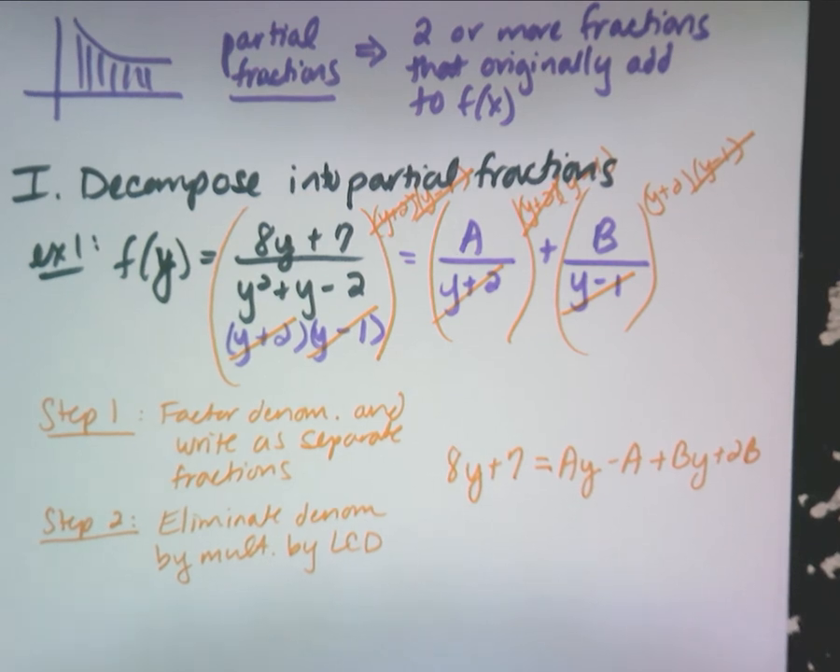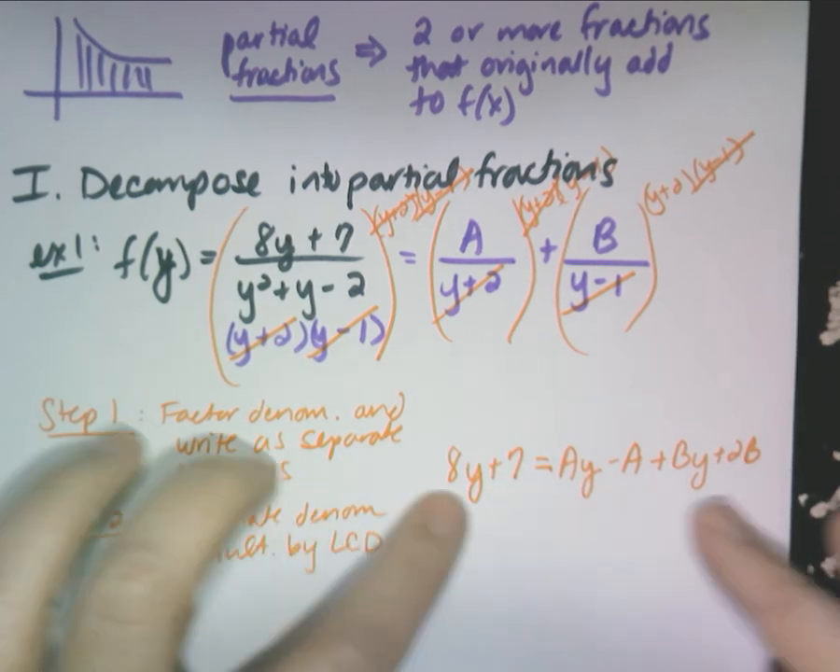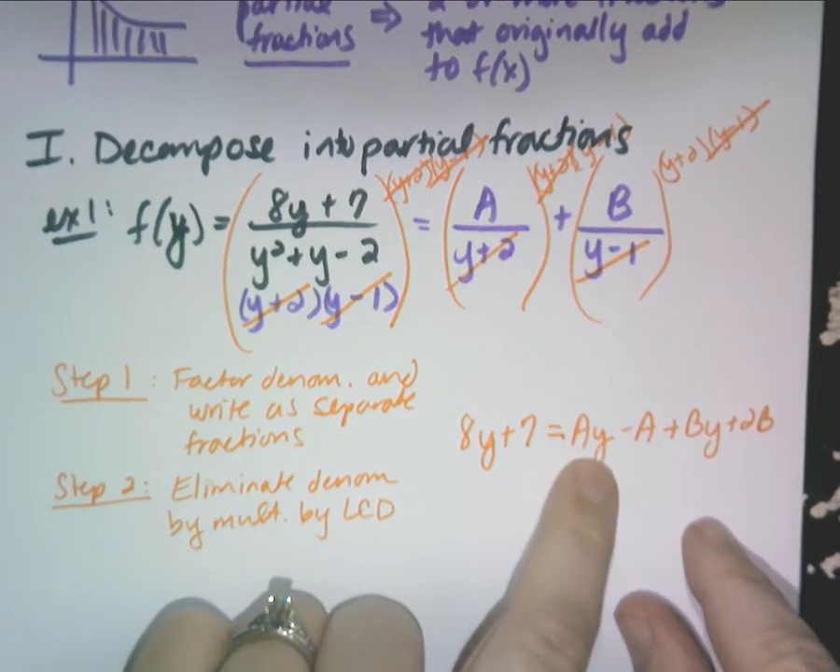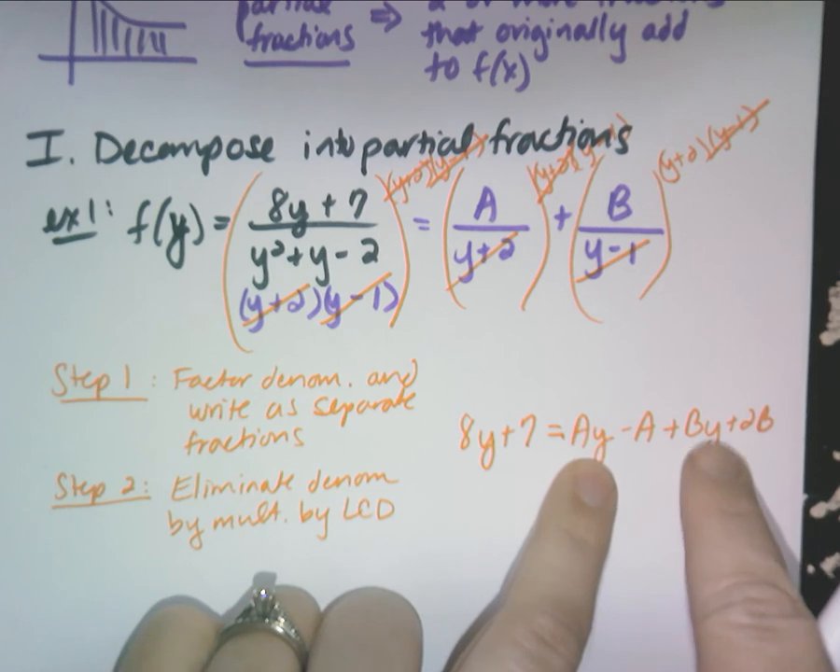Now, this is great. Now I've eliminated the denominators. It doesn't look so ugly to me. And so now we're going to do our step 3, which is the most important part. So I want you to come with me about equations, which you may not have realized. If you have an AY on this side and a BY on this side,